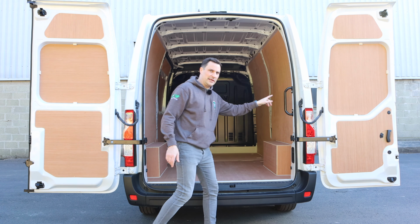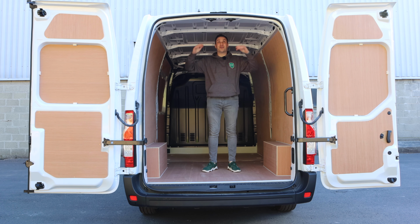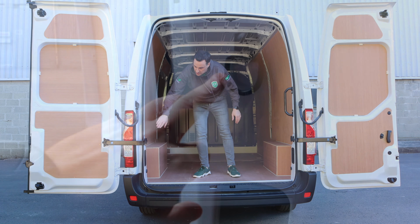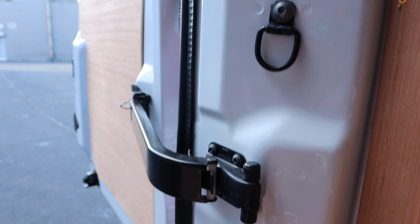And you've got your grab handle here on the right hand side. Look at the height in this. I'm 6'2", 187 centimeters, and no problem. Tie-off points, we've got high ones here and here. So on the back door frame, we've got 6, 2 medium high, 2 medium low, and then 2 on the